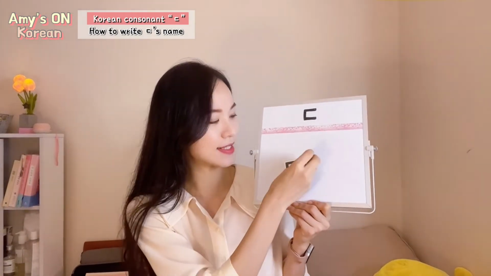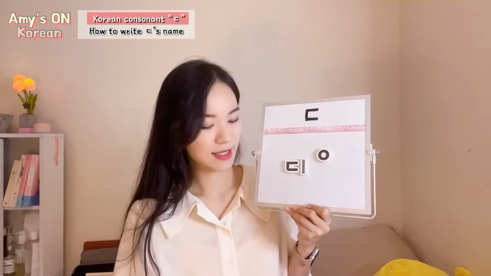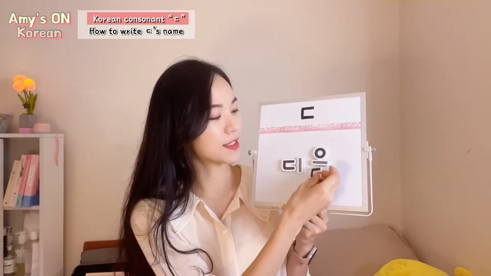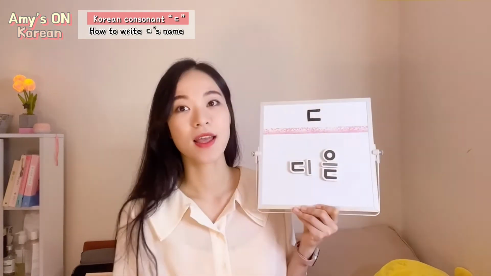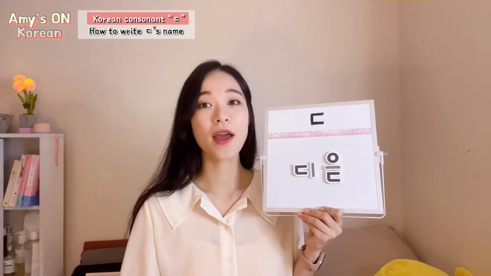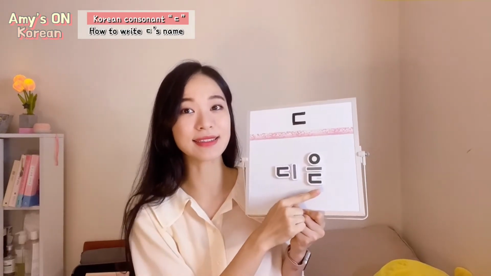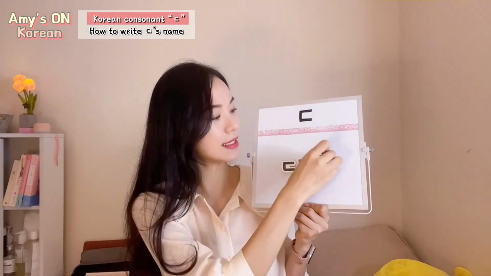Let's write 디귿's name. Do you remember how to write the names of the Korean consonants? If you put a certain consonant with 이 for the first syllable and put the same consonant under 으 as a final consonant for the second syllable, it becomes its name. 디귿 must have been its name. But I also told you there are 3 exceptions that include 디귿. This consonant's name is 디귿, not 디읃. The consonant 기역 replaces 이응 here.